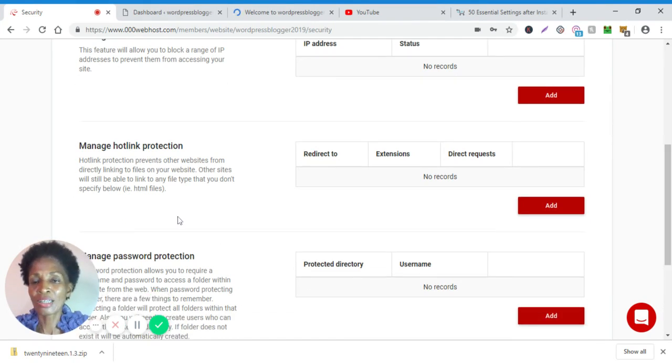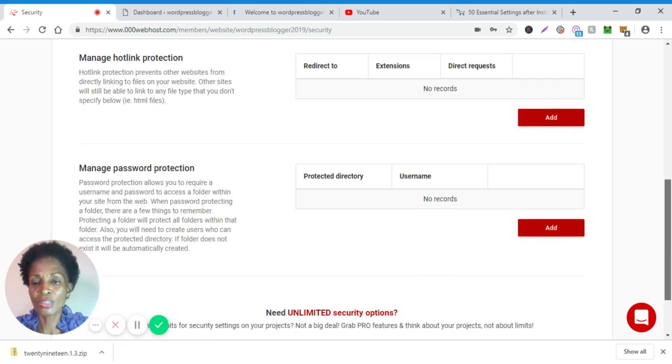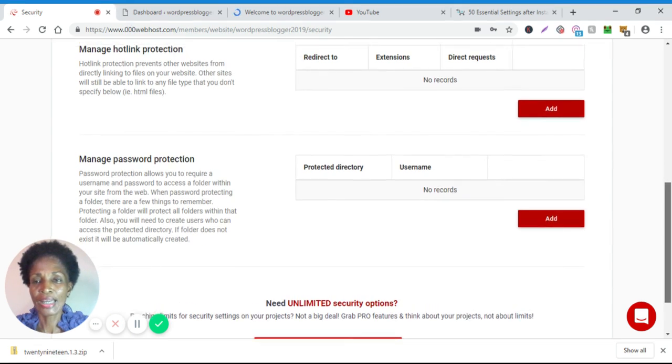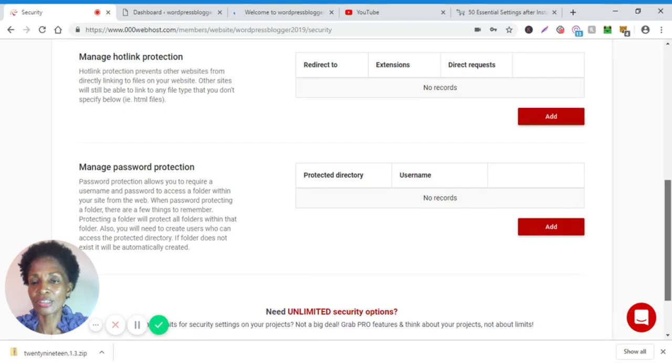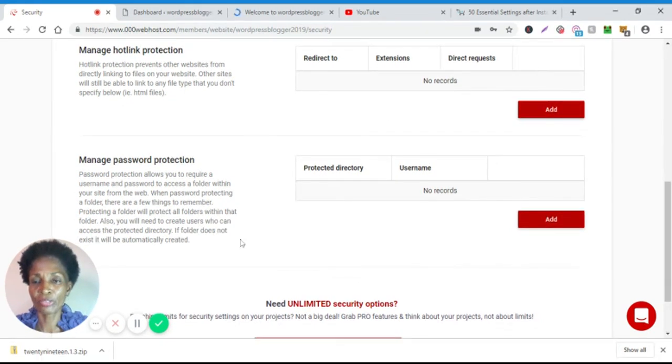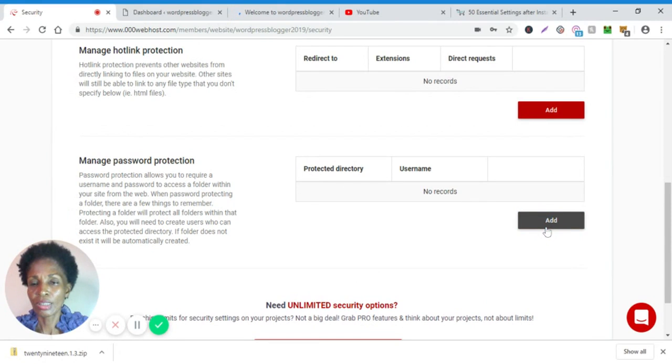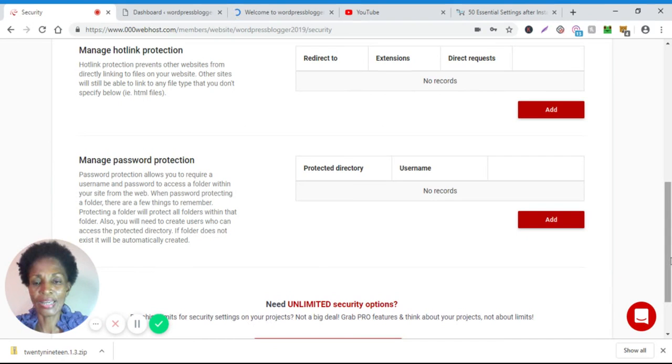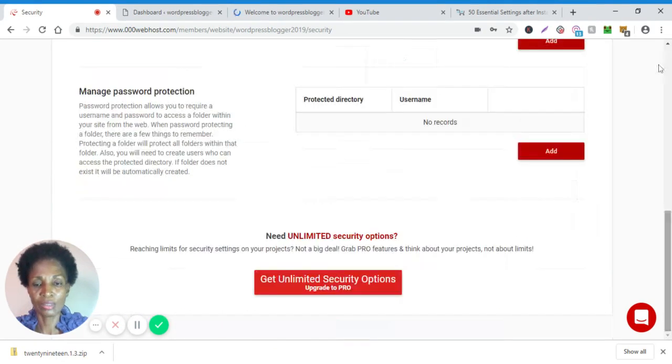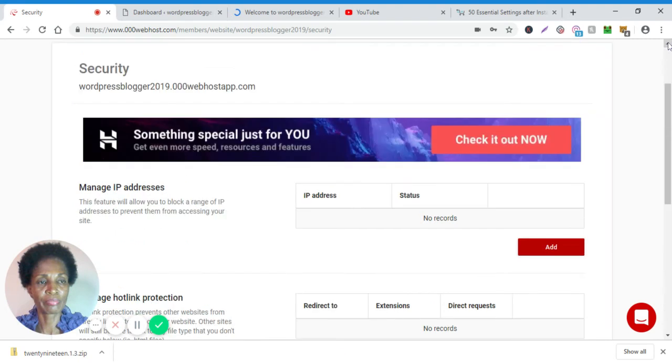Manage hot link protection prevents other websites from directly linking to files on your website, and in so doing, they steal up your bandwidth. So you could do that there. So you would just add. Manage password protection. I should say that management of hot link protection could be done in cPanel if you upgrade. So you can password protect some files on your WordPress site. If you want additional security, you upgrade. Go back